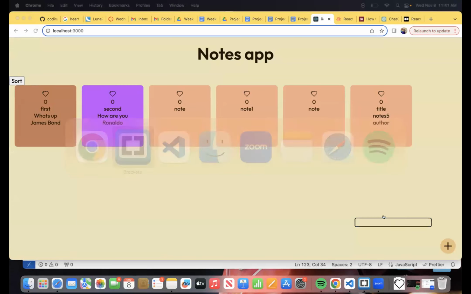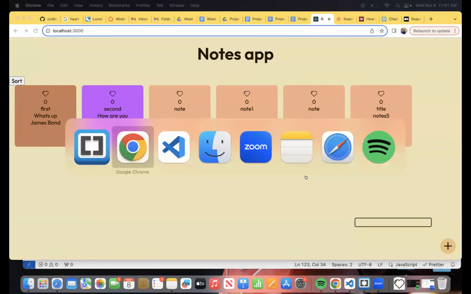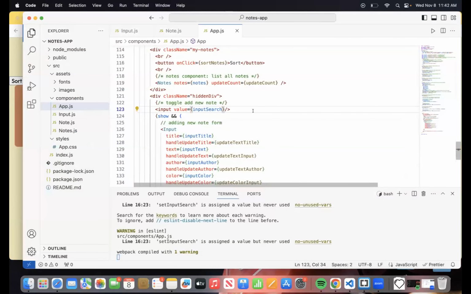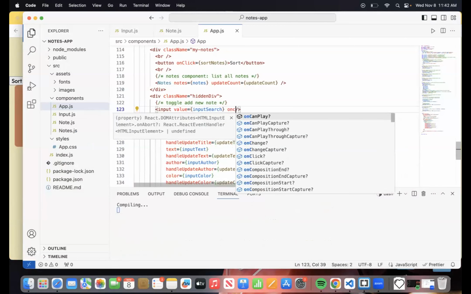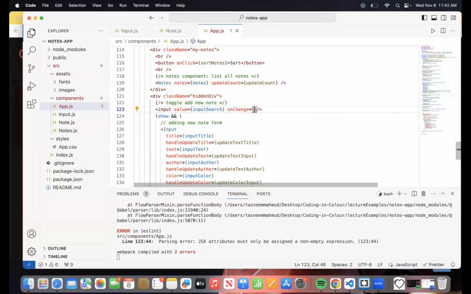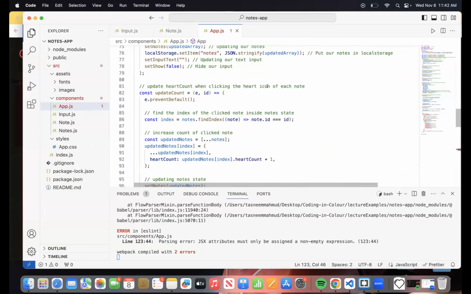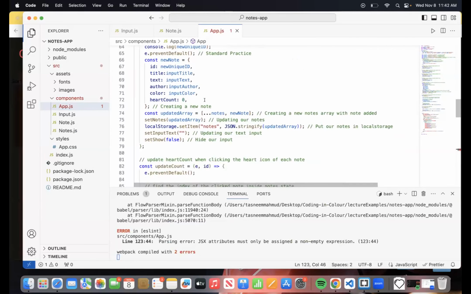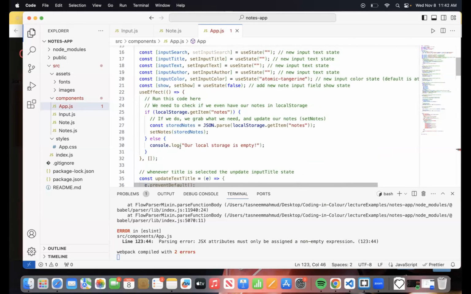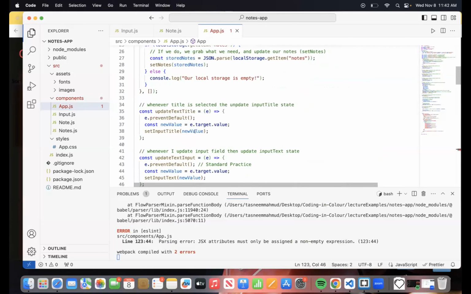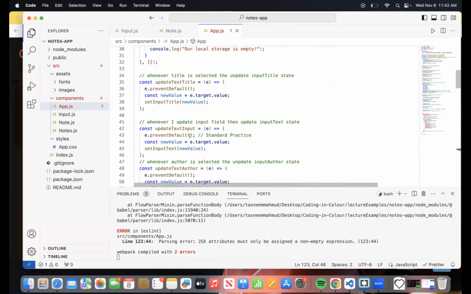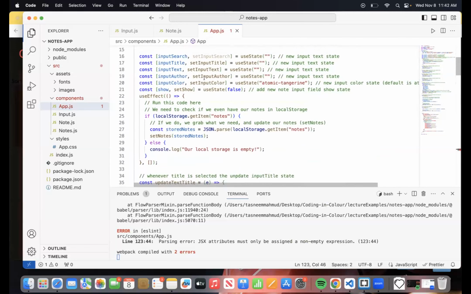Right now it shows nothing because we didn't add anything to it. So I added a value. Now I need to add an on change listener. Let me set on change to something like this. I will need an update, just like these, update text title, update text input, we would need an update search as well.